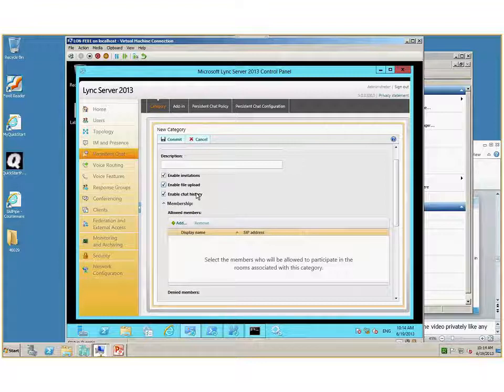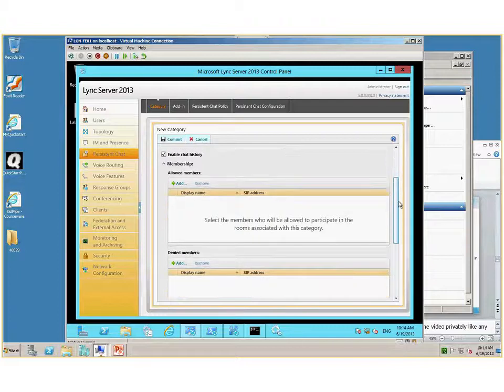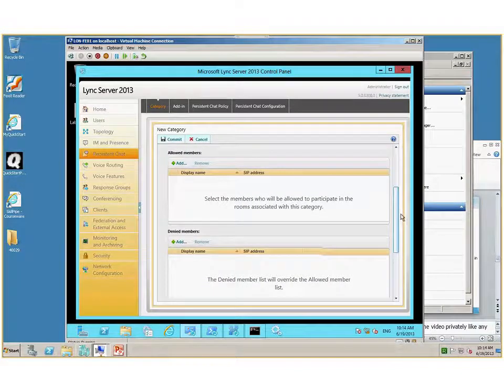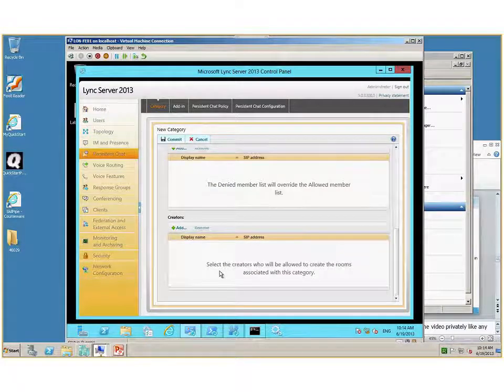By default, chat history is 30 days, by the way. Okay. So those are three options that you have from the category view. Now, you'll notice if we take a look at this, you now have allowed members, you have denied members, and you have creators. Okay? Anybody who you make a creator has the ability to create a chat room within this